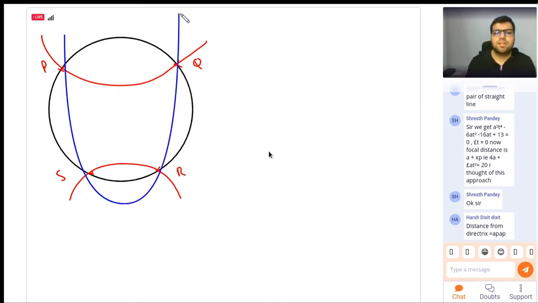Great. So I drew this parabola. I came to know that its vertex is (-3, 1), and its focus will be over here. This is (-3, 2). Great. So this is the focus, and now I have to find out the sum of distances AP plus AQ